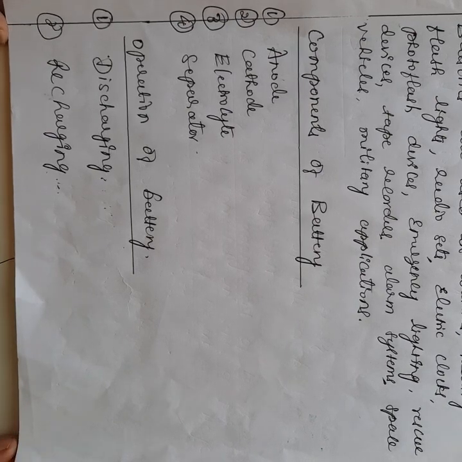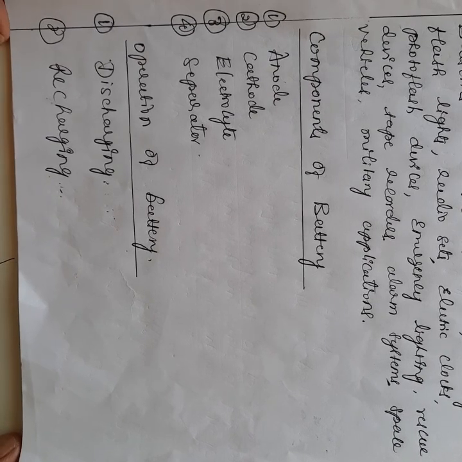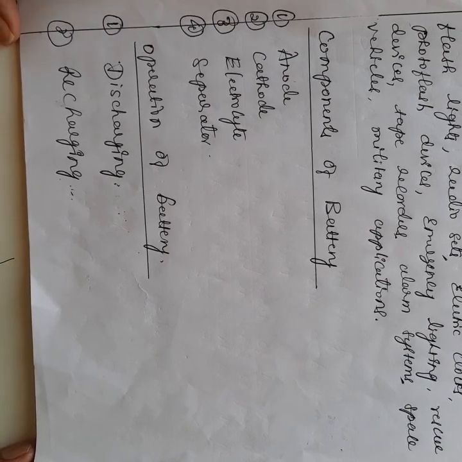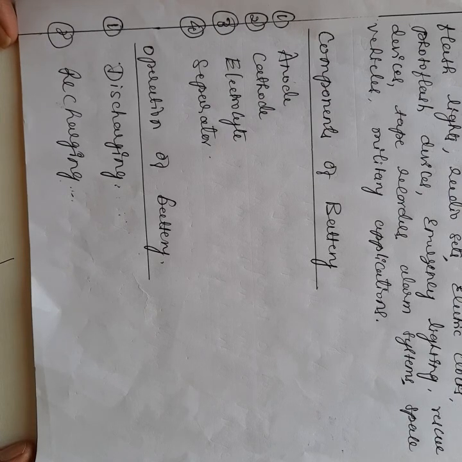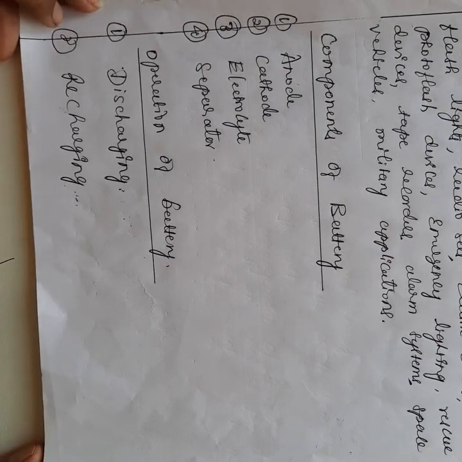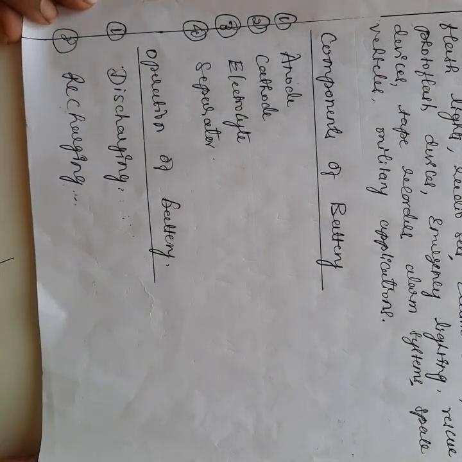Next, one more process is there, that is recharging, or we simply call it charging. In case of charging, the reactions taking place in the galvanic cell get reversed. They reverse back because we are applying an external current, extra current than what the cell is giving, so that whatever reactions are taking place at anode and cathode will get reversed. So these are the two important operations taking place in a battery.